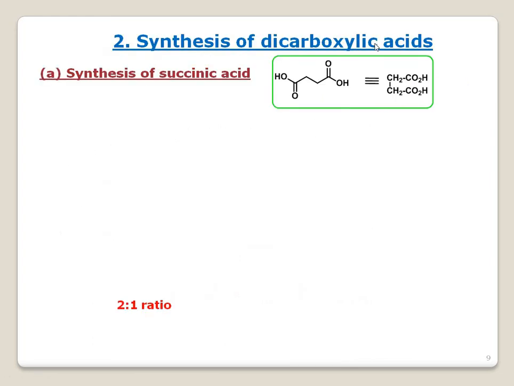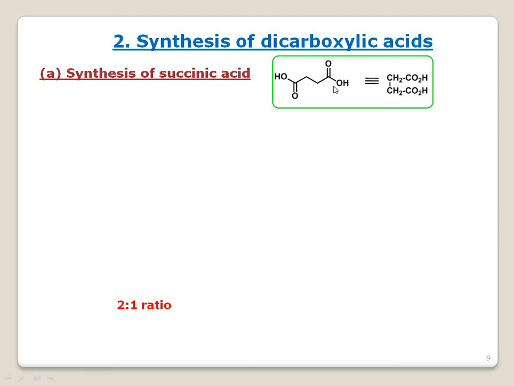Now, synthesis of dicarboxylic acids. In dicarboxylic acids, first and foremost is oxalic acid with 2 carbons. Second one is malonic acid, CO2H CH2 CO2H. Here the one methylene will be missing from the longer chain. That will be malonic acid. We have seen malonic ester, an active methylene compound, right? The third one is with 4 carbons.